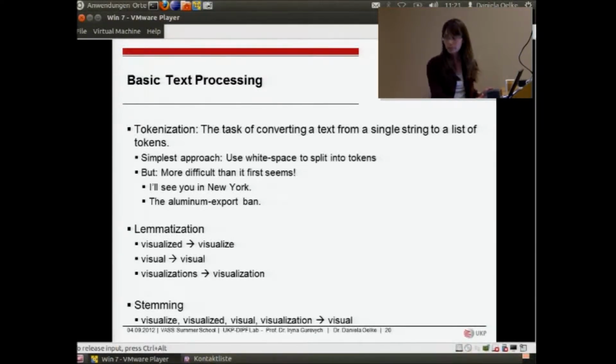Stemming, on the other hand, gets you the root of the word. And the root of the word visualize, visualized, visual, visualization is all visual. Okay? And now to make things a bit more complicated, the way that I explained it to you now is the proper computational linguistics explanation, but sometimes these words are mixed up together,